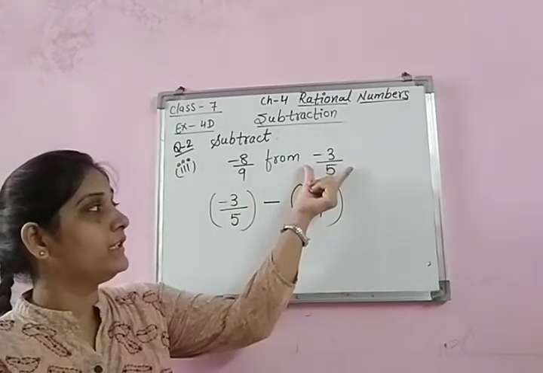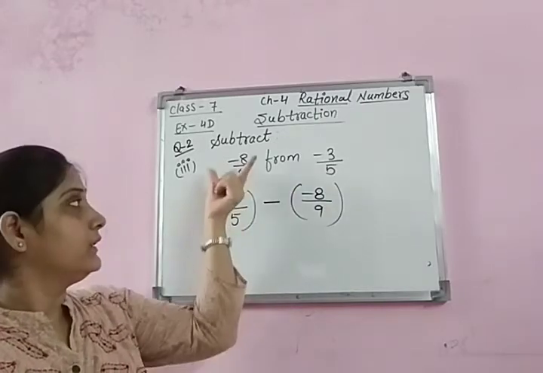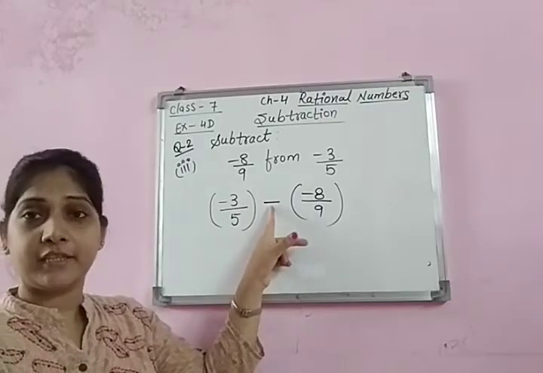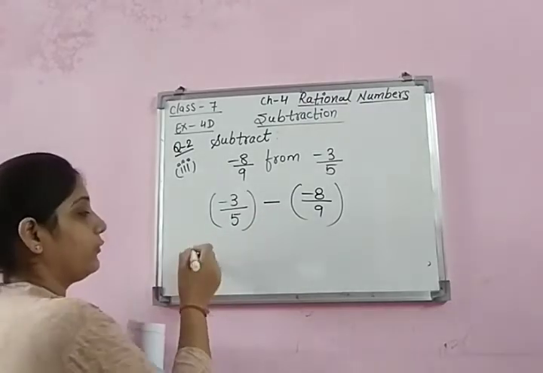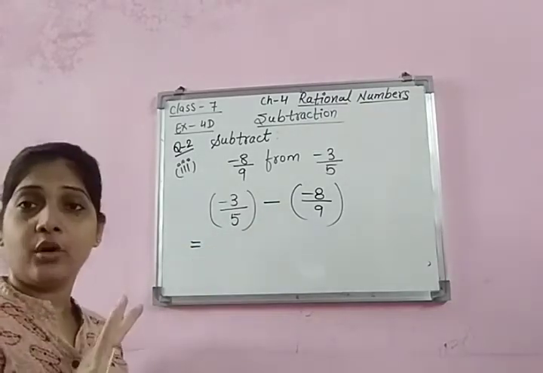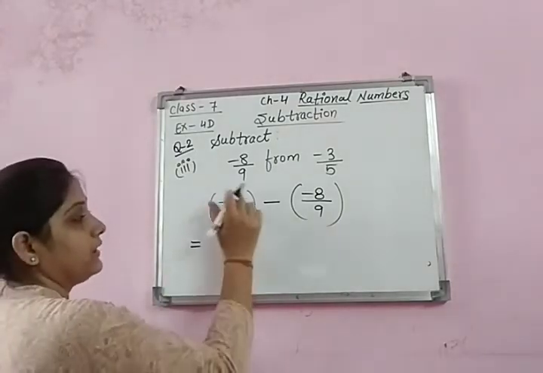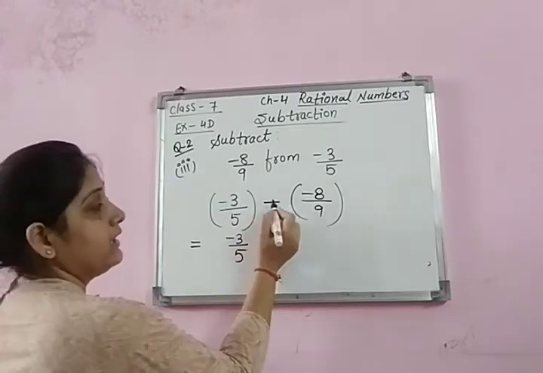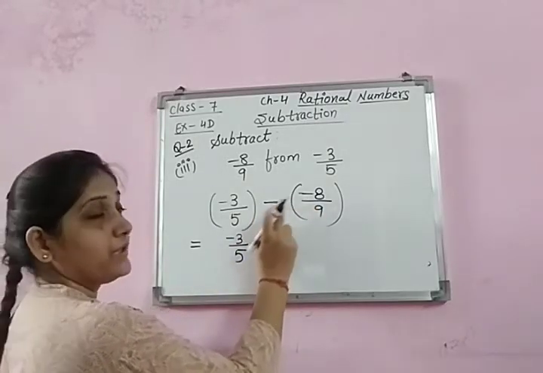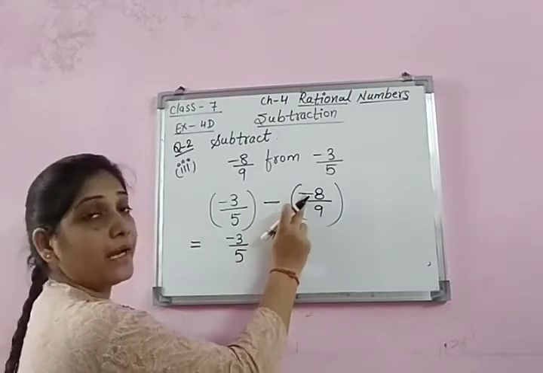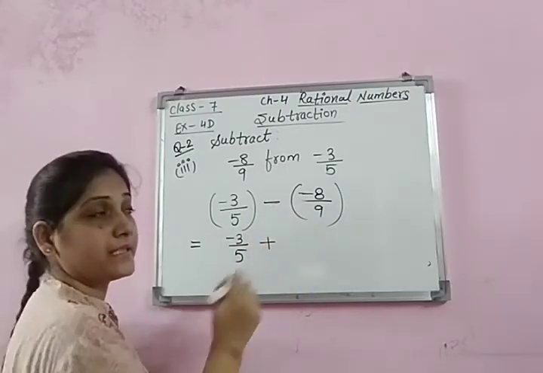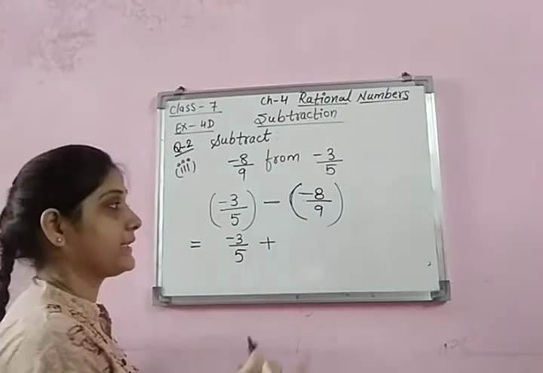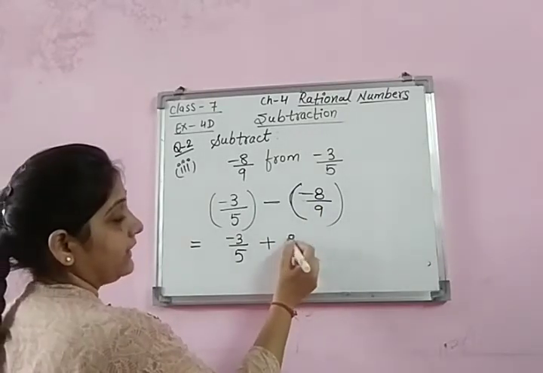So I think it's clear. I have written this number here, this one at the second with its sign, and we are doing subtraction. That's why the subtraction sign. Now, as I told, there will not be any change in the first number. So the first number I have written as it is, negative 3 by 5. Now these two signs, I can open the bracket: minus, minus become plus. This bracket tells us the multiplication. So minus, minus, plus. Make a single sign, and 8 by 9.